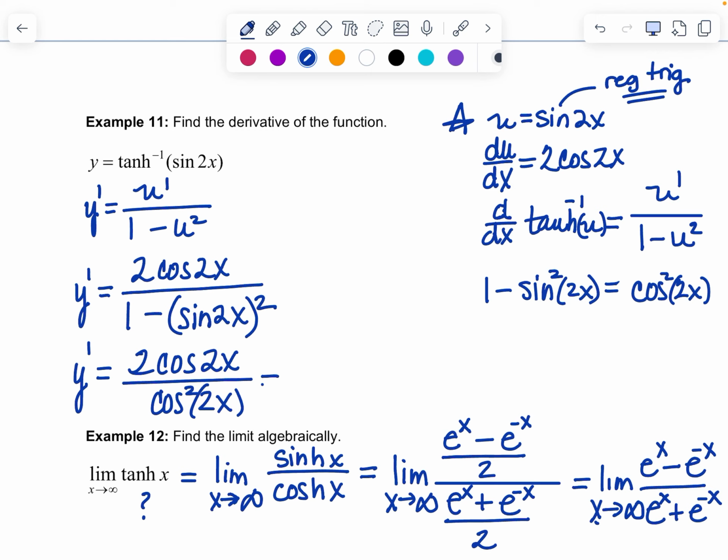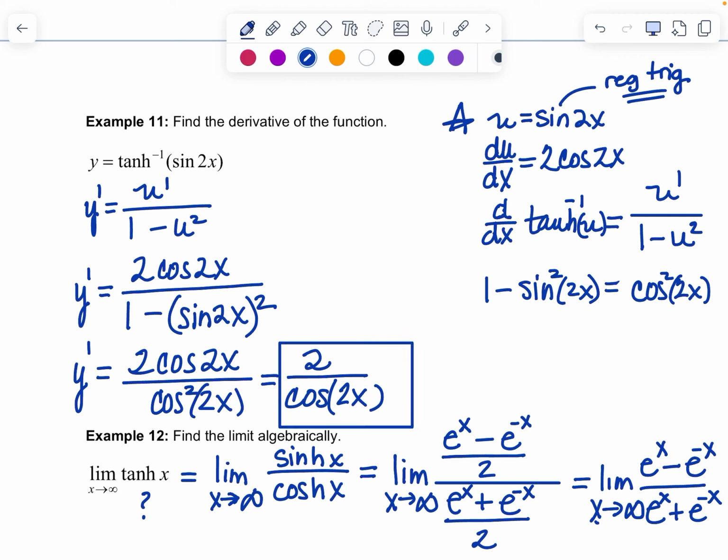So now simplifying further, we know that we have 2 in the top, but we can cancel one of the cosines. Cosine, this one will cancel. So we only have cosine 2x in the denominator. So that would be our answer, 2